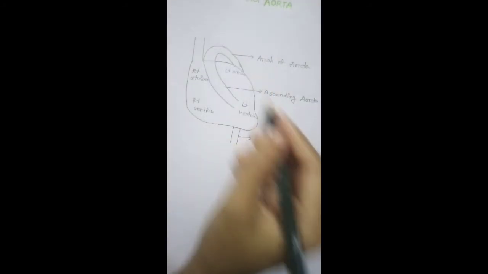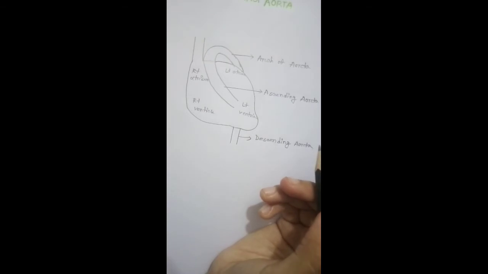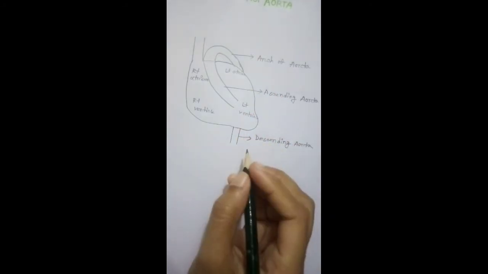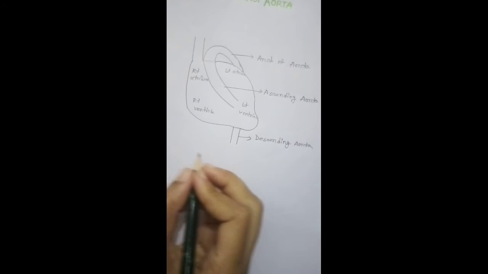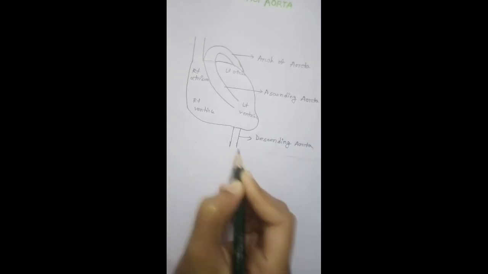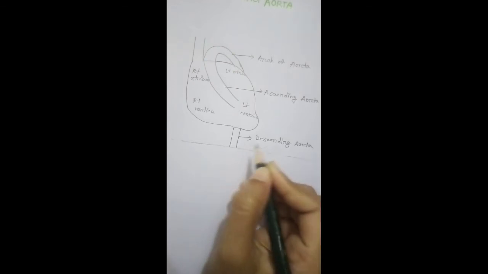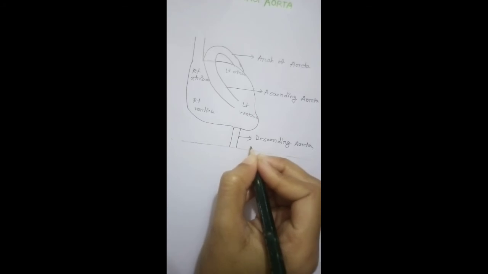Again, the descending aorta is divided into two parts according to its position. The descending part which remains in the thorax, up to the diaphragm, is called descending